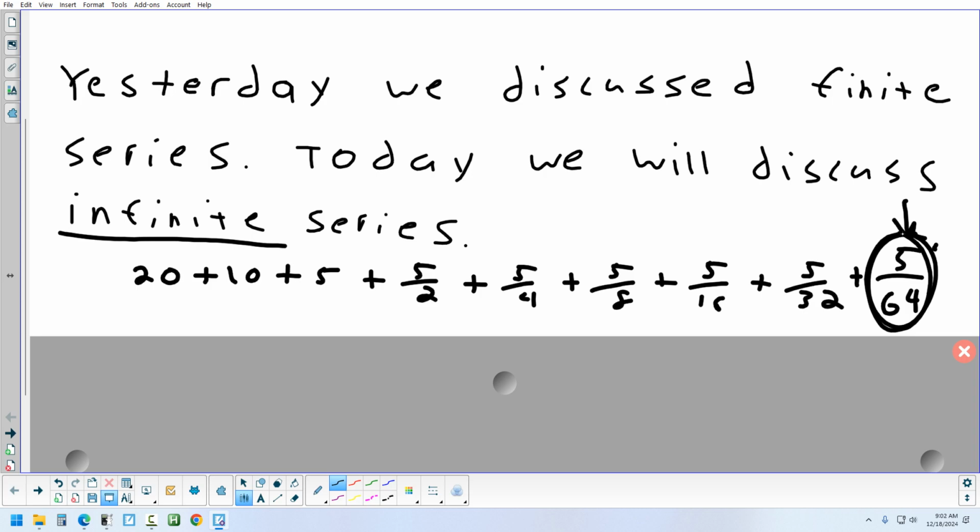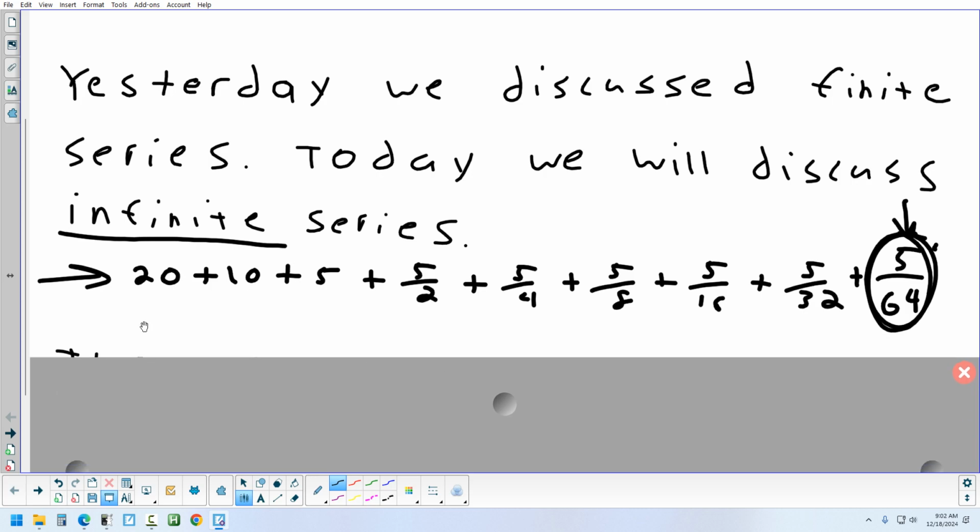And if you did add up every number in that list, and you kept going forever, it would approach 40. Okay? The sum of all of these added together would get very, very close to 40. It would never reach 40. It would get to like 39.9 repeating. Right? But that's what I want to show you how to figure out. Now, if you had a list like this,